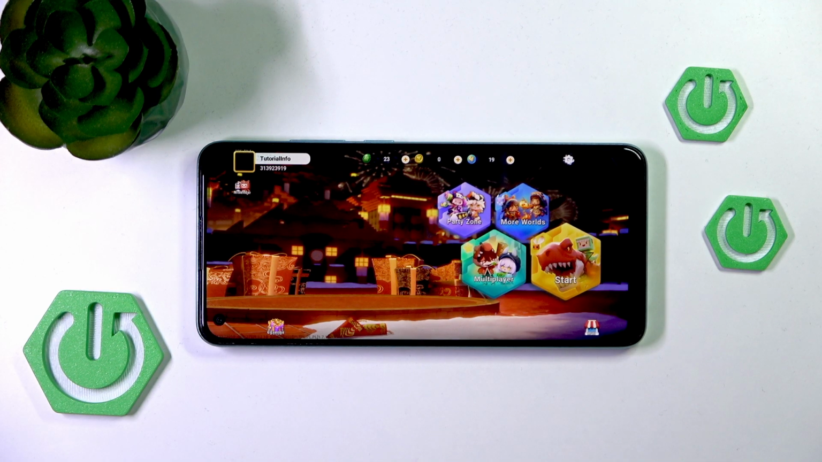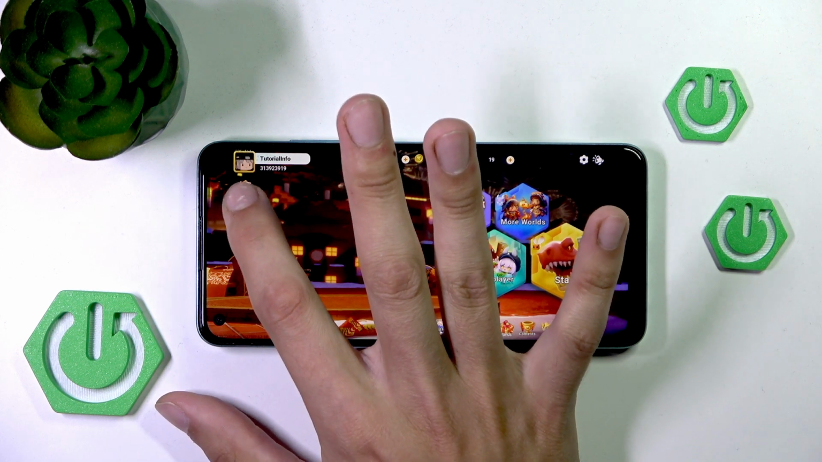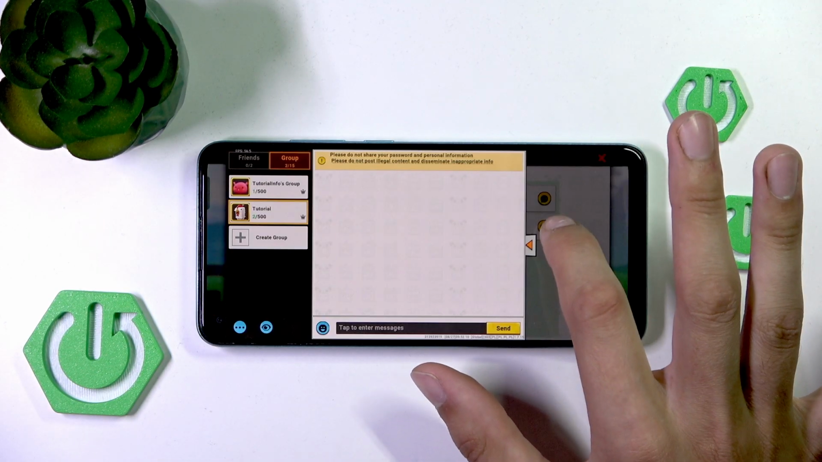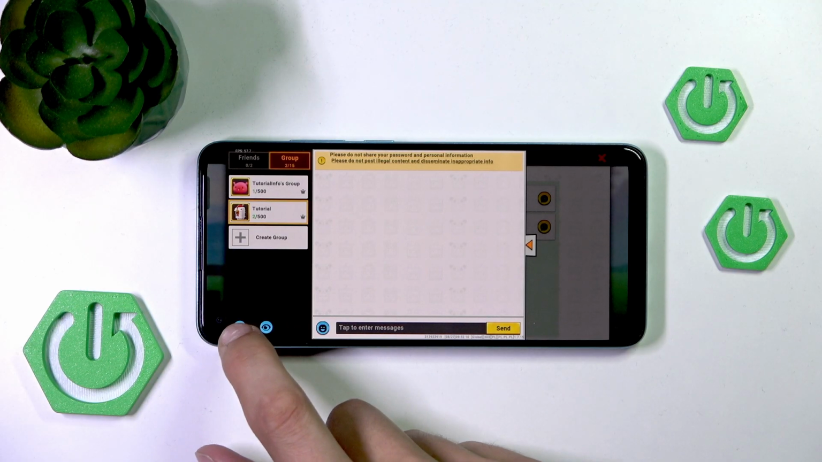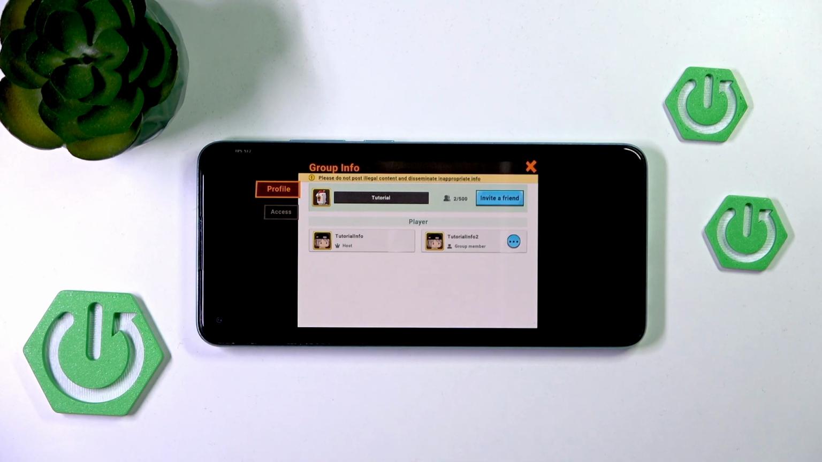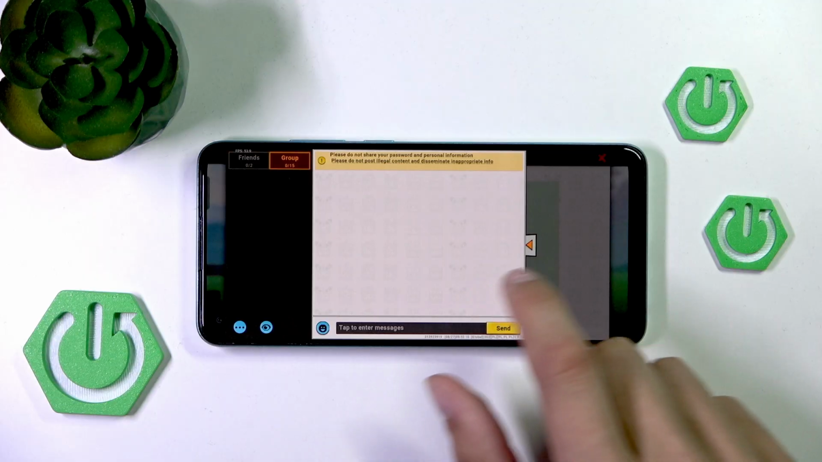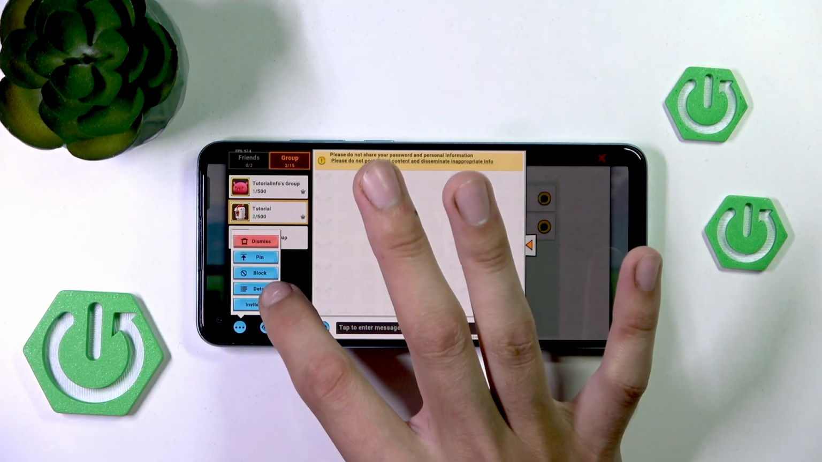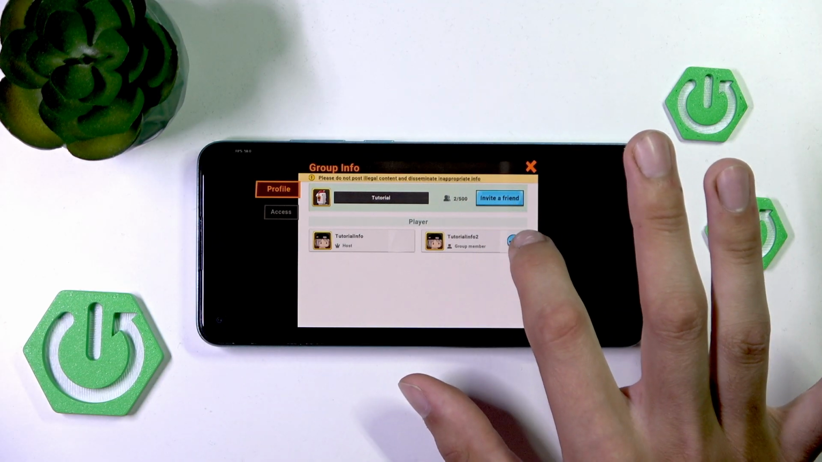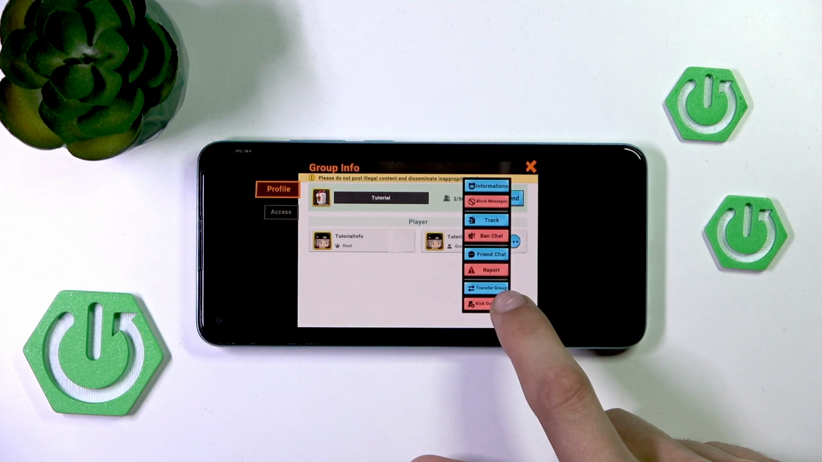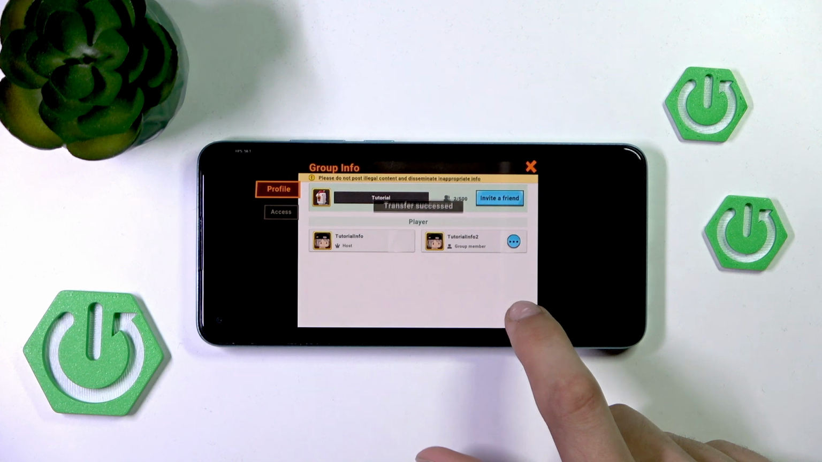So if you're the host of the group, as we are right now, we can go to the group, tap on the group chat, and then you can dismiss the chat. You can go into details, or you should be able to tap on detail, then tap on the player you want to throw out of the group, and you can tap kick out of group. You can transfer them to